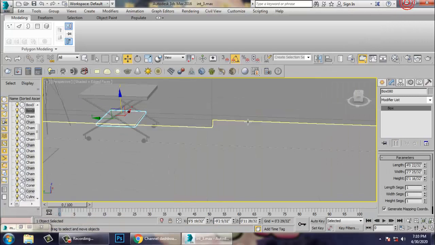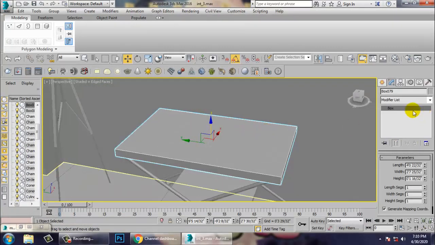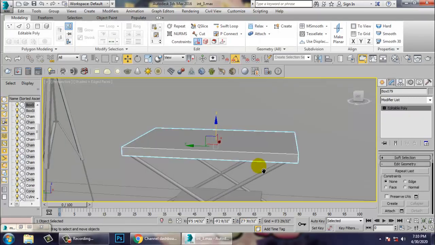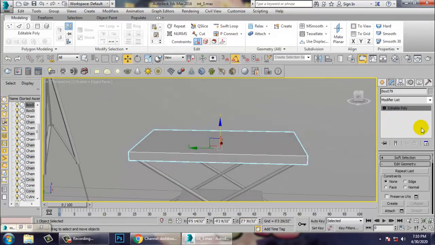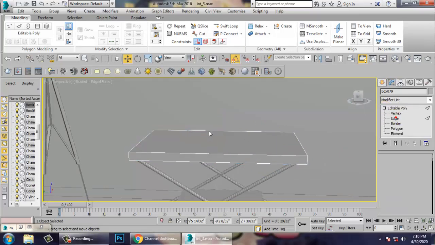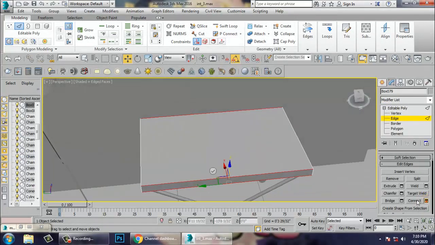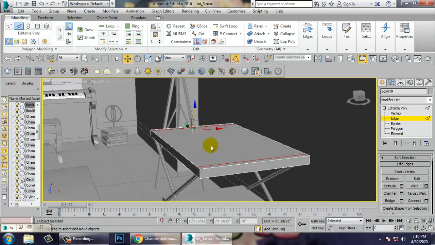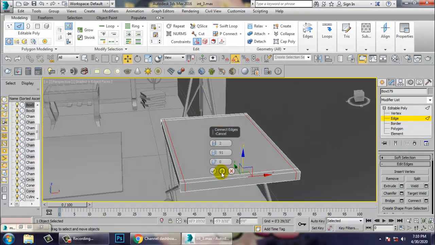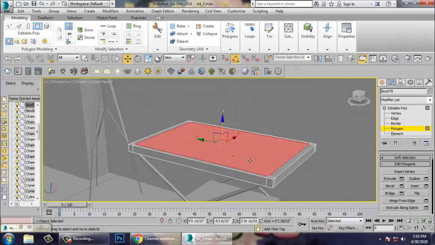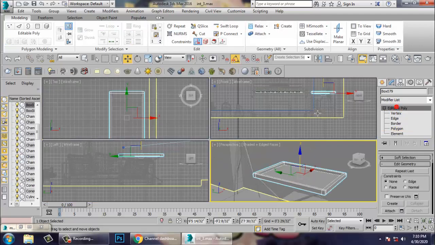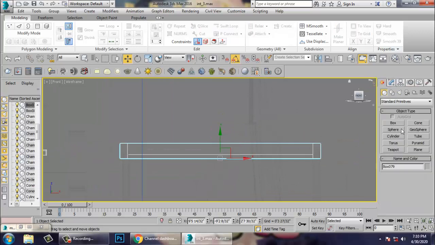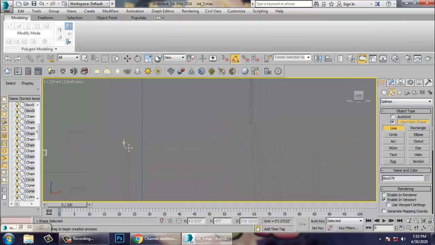So before we go with that, select the top part, convert to editable poly over here, and let's go into the edge over here. Let's connect this, push it over here, select this, connect it, press 4, extrude it, push it a bit down, and let's go into this front view and just take a line over here.